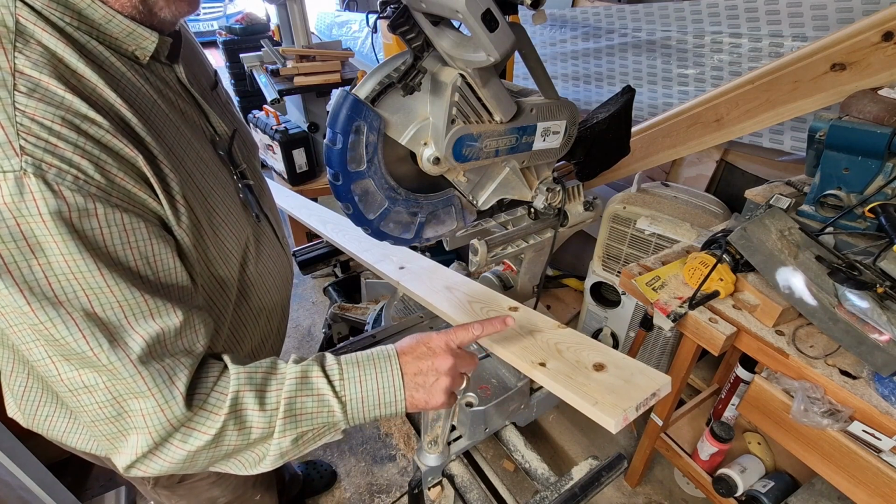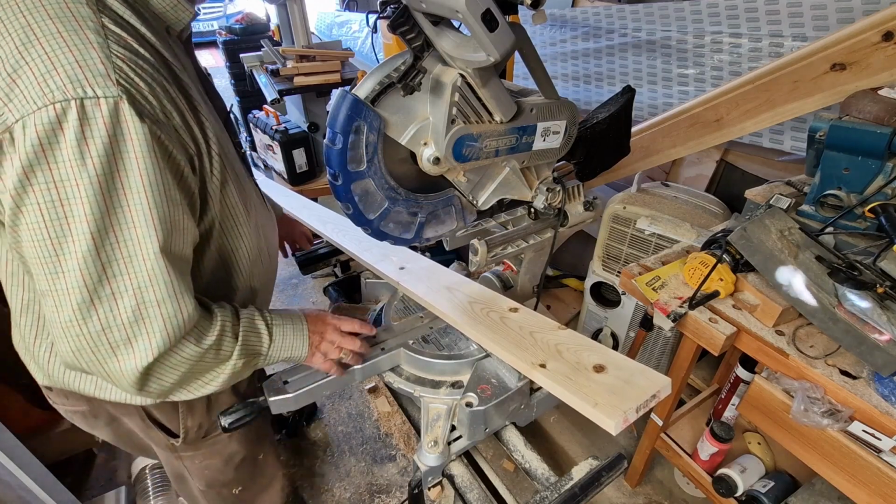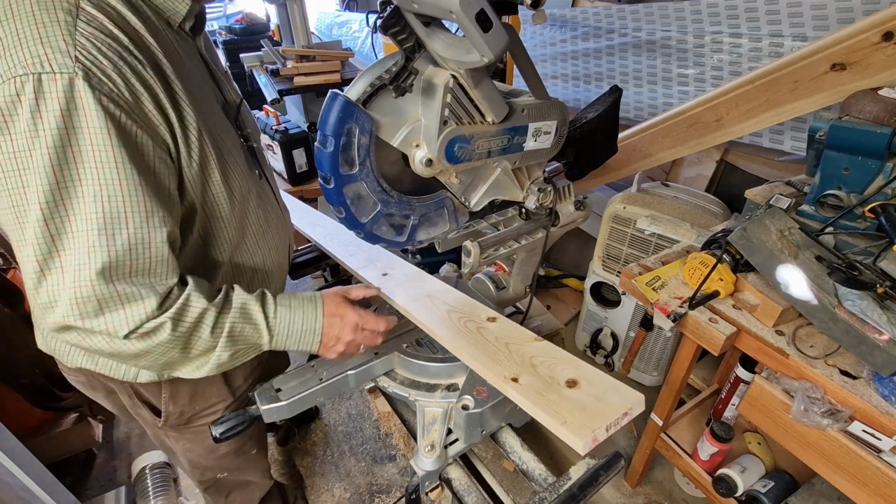I've got the 4 by 1 or the 100mm by 25mm. I'm just going to cut the end to make sure that it's square. It's not that critical because it's only a hedgehog house, but